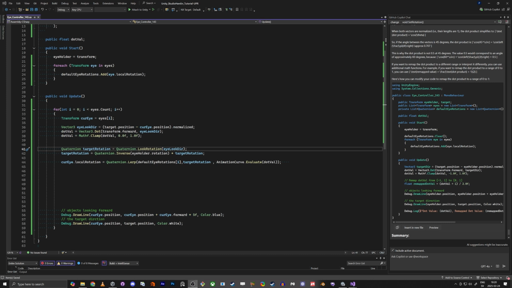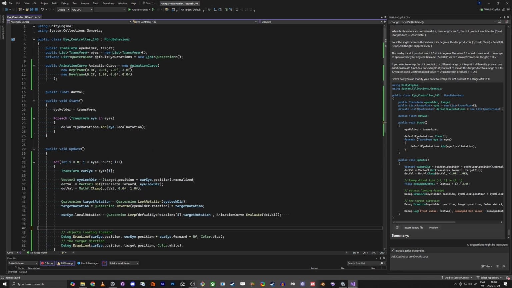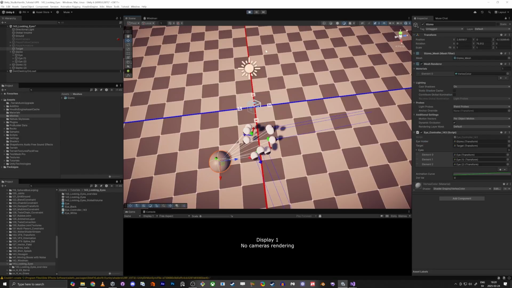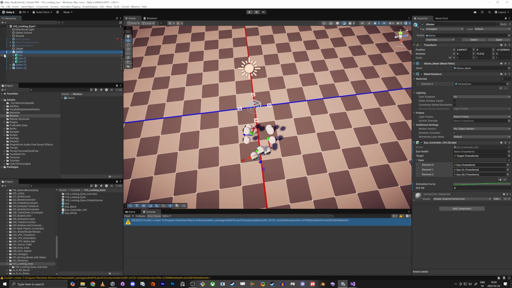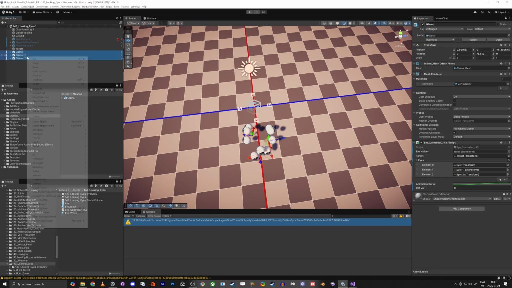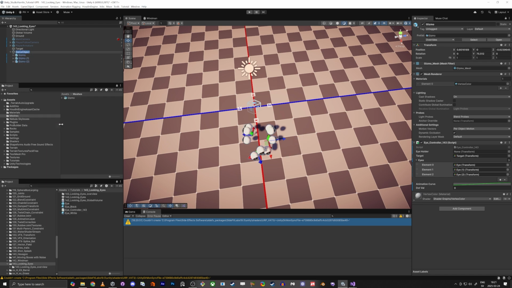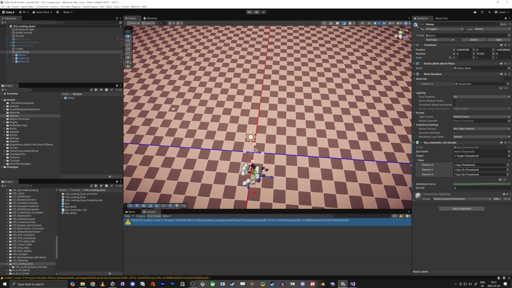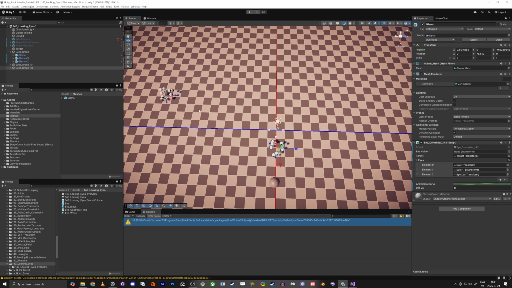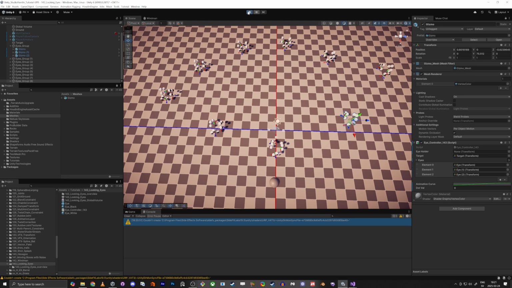So there are some stuff that we haven't done. We can leave the update for now. We know that this part is working. And if we go back here and take the gizmo here, and actually I'm going to do it like this. So we have this one here, right? So I'm going to right click and create empty parent eyes group. And if I copy paste this one around, and we have it like this, and now if we play, you see